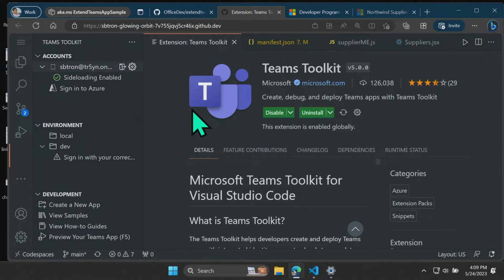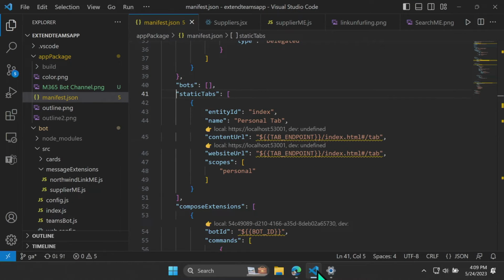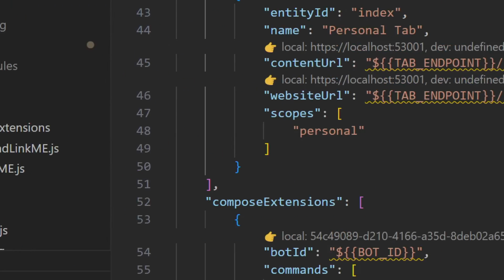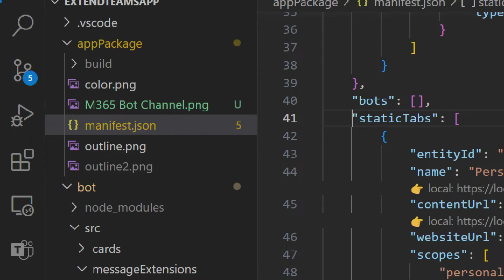So let's now look at some of the code on how we can build those 3 instances that we've called. I'm going to switch over to VS Code here just so that Codespaces doesn't log me out. That tends to happen when we were practicing. So I have the exact same project. It's just now running locally on my machine in VS Code with Teams Toolkit. The first concept we need to look at is the manifest file, which is available under the app package, and